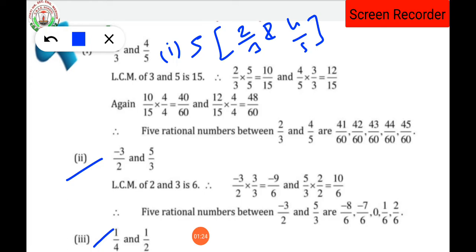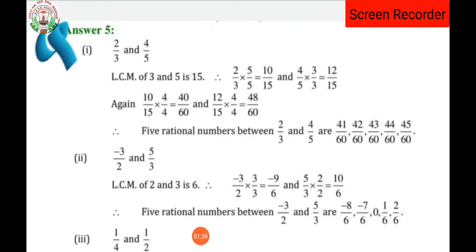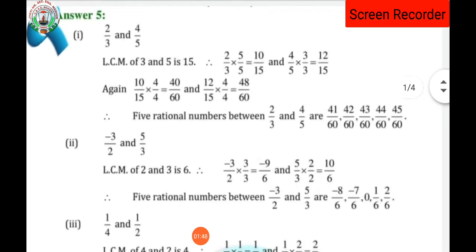5 rational numbers between 2 by 3 and 4 by 5. Then again 5 rational numbers between -3 upon 2 and 5 by 3. Then again 5 rational numbers between 1 by 4 and 1 by 2. So dear students, how many rational numbers do we have to find? 5 rational numbers between these numbers. Clear? So starting with question number 5, first part,